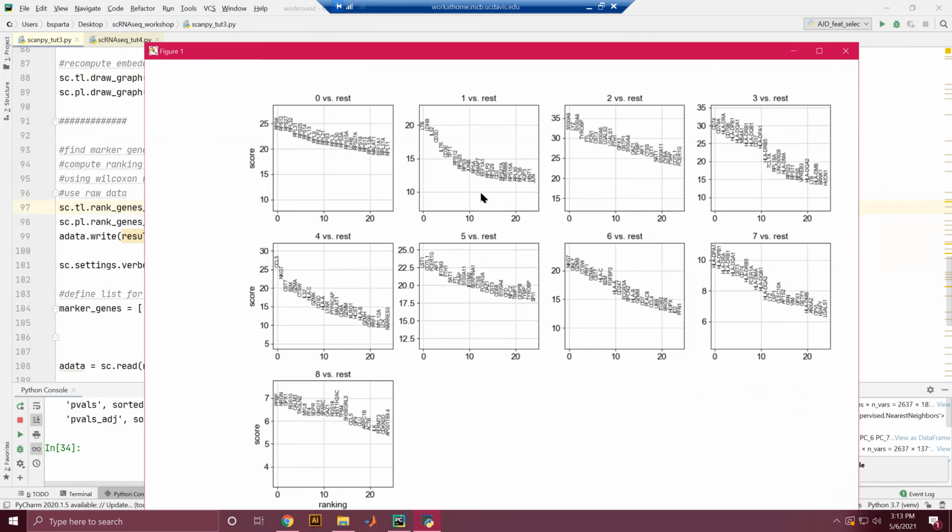This is just the top 25, and their rank scores. And then we're comparing each group to the